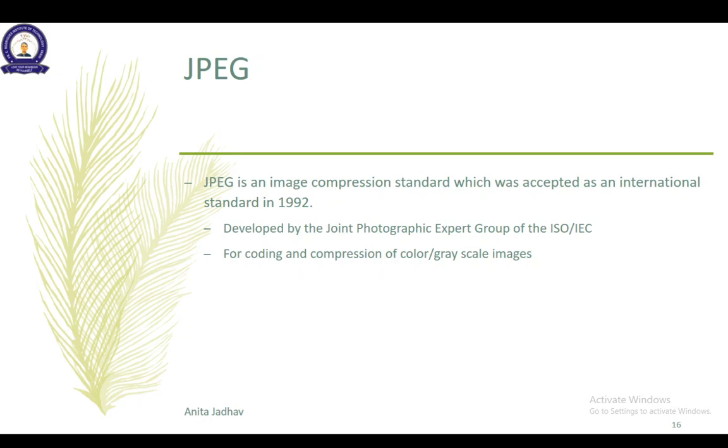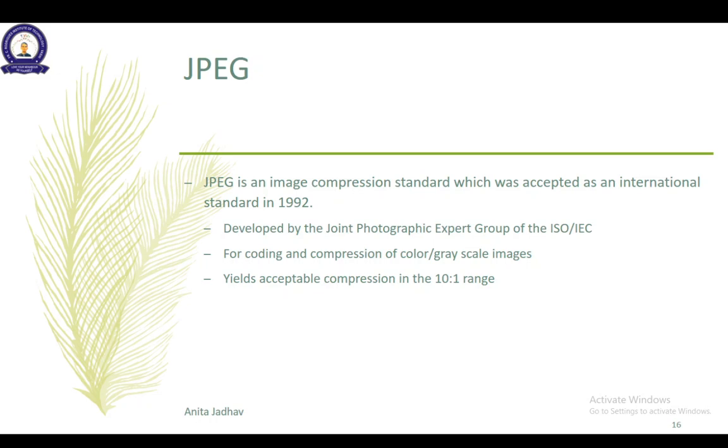It is used for coding and compression of color and grayscale images. Now when I say color images, I assume that it is a continuous tone image. So whatever photographs you take, you have observed that it is continuous color in some of the region. JPEG compression will not work properly, or not up to the standard, on bi-level images. You can implement that and see. So we say that for most of the color images we go for JPEG.